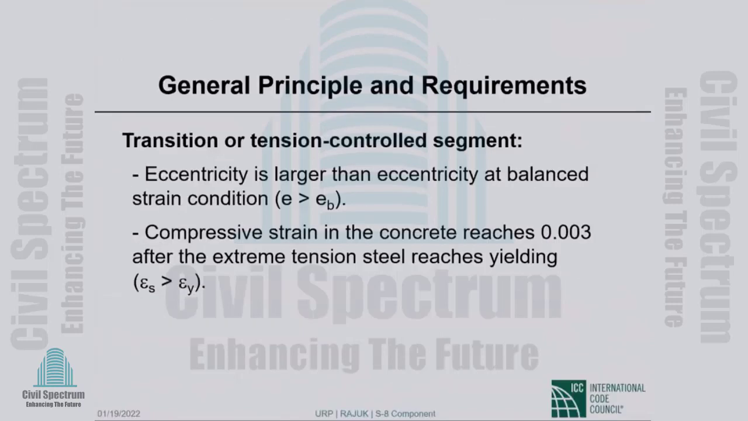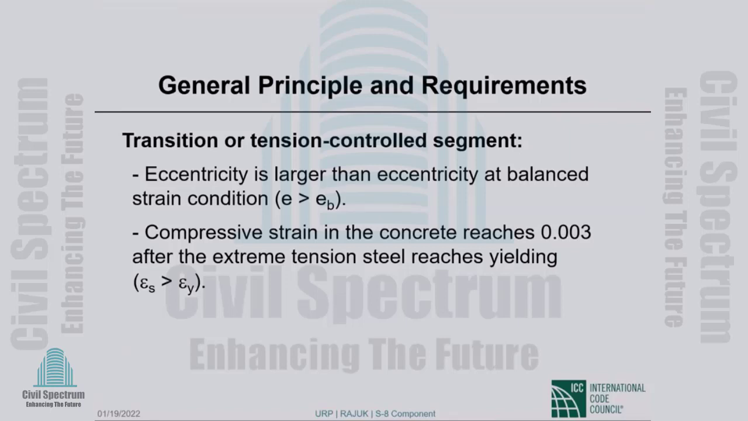The transition or tension control segment, you don't go from compression control to tension control. Remember, compression control is net tensile strain of 0.002 or less. Tension control is net tensile strain of 0.005 or more. In between, there is a transition zone. So if we take away the compression control part, then we are left with transition and tension control segment, where